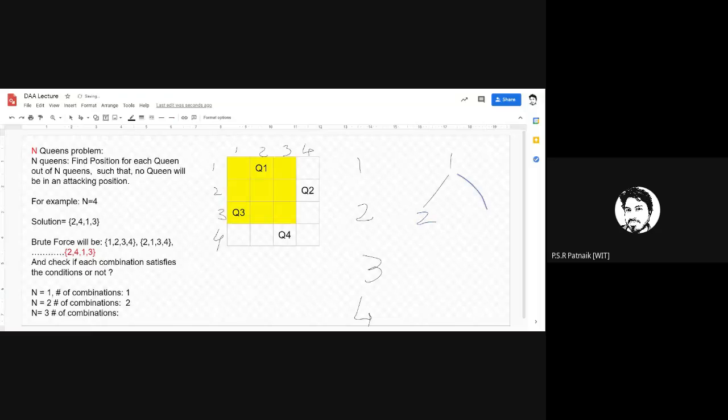I can keep Q3 as well, then 2, it would be 3, then it would be 2. Likewise, for the first row being 2, it would be 3, 1, 1. So these are the combinations which I'm trying now. The combinations I want to try for 3 by 3 are